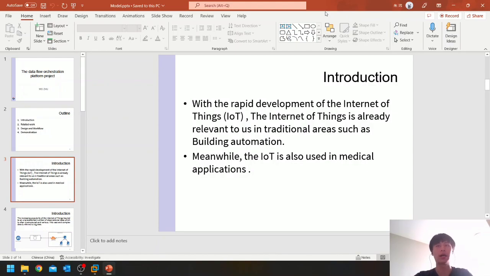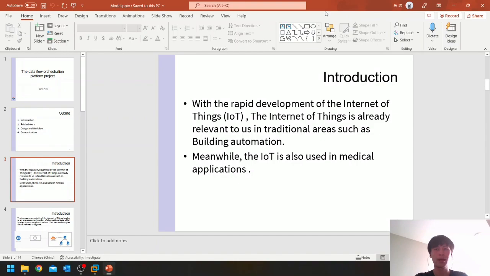Meanwhile, the IoT is also used in medical applications. For instance, the doctors operate on patients in the operating theater with the aid of smart devices and monitoring